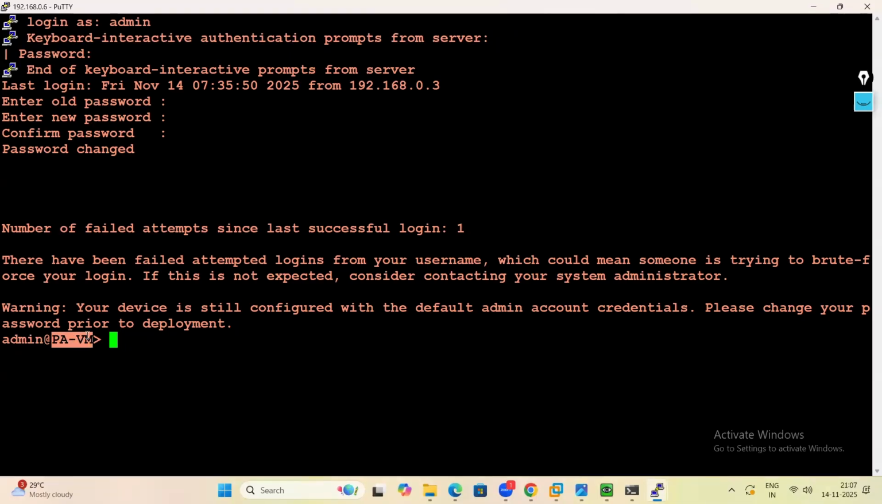PAVM is the host name, which is nothing but Palo Alto VM. Okay, so I have taken a console of my Palo Alto firewall through CLI with the SSH protocol, and now I am into the Palo Alto VM CLI, guys. Okay, so